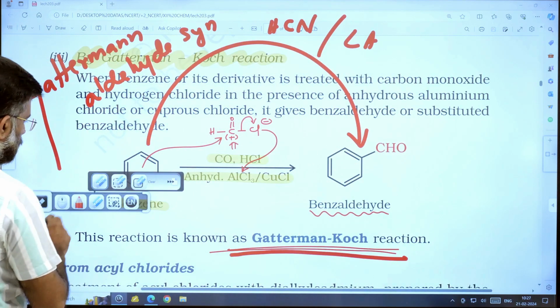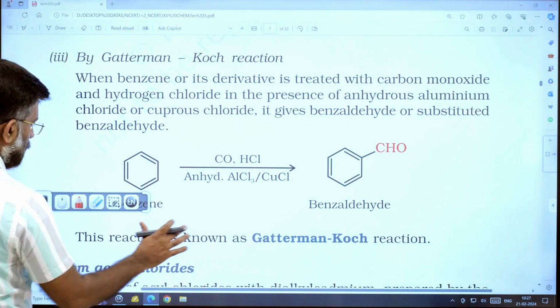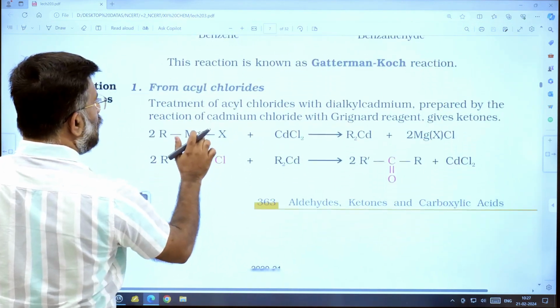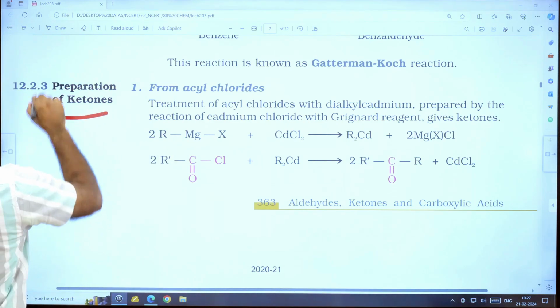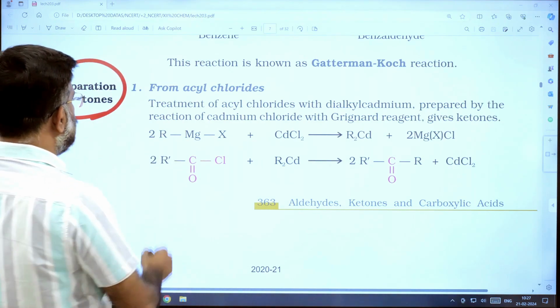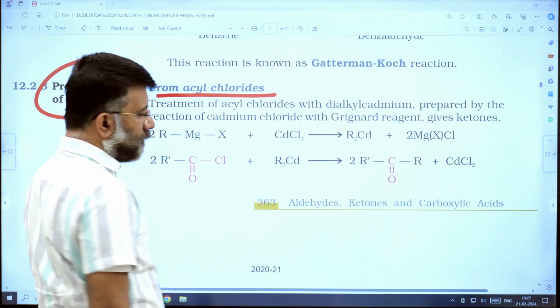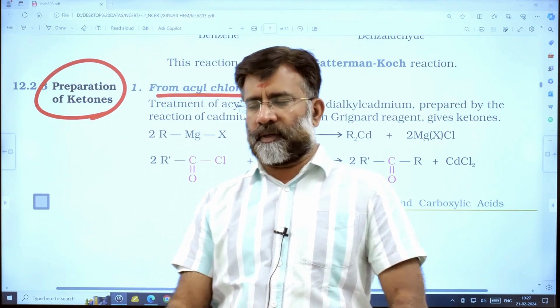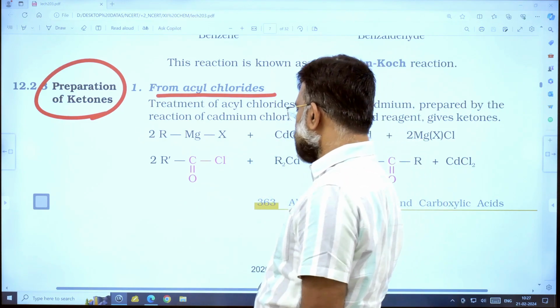Next is preparation of ketones. How to prepare ketones? Number 1, from acyl chlorides. From acid chlorides we can produce ketones. What we do is we